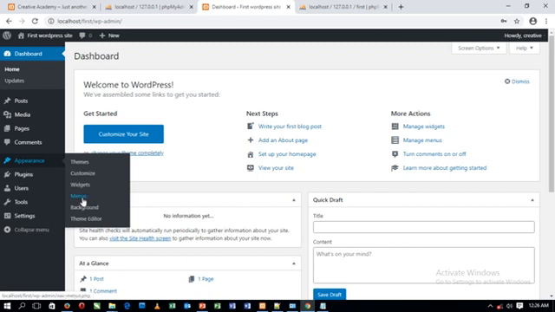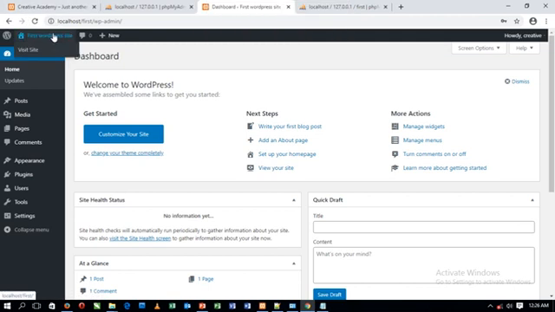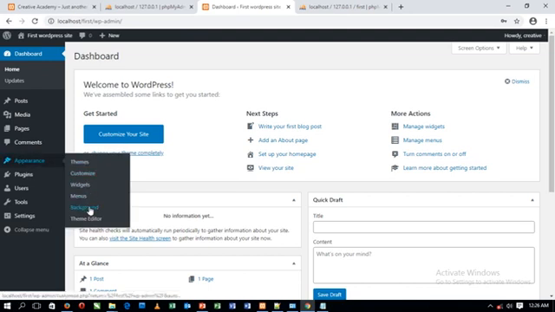Then we have the menus. The menus are still the pages. I hope you understand what I'm saying. But in this context now, the menus could be at the header. That means at the top here. These are menus here. These are also menus here. So this could be sidebar menus. These are header menus. Do you understand now? So that's where we control our menus. We have the background in case you want to change the background. We have the theme editor, but I won't advise you go to this place if you're not a developer. I won't advise you go there.